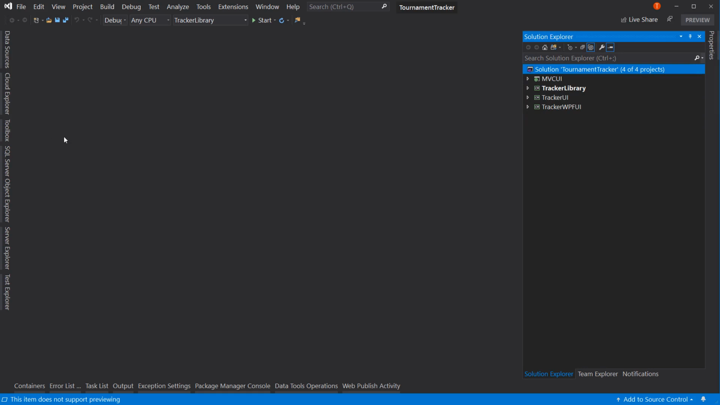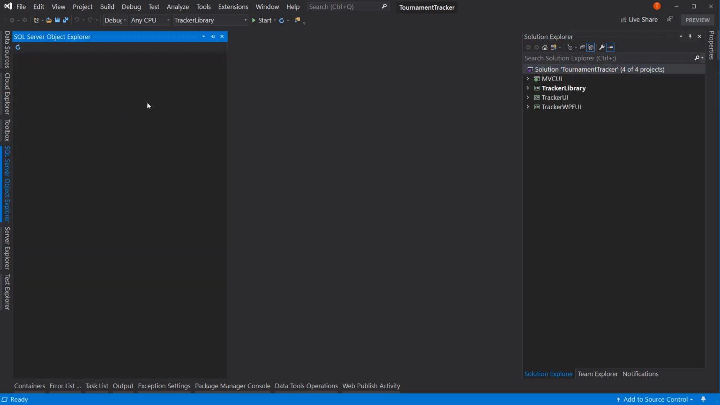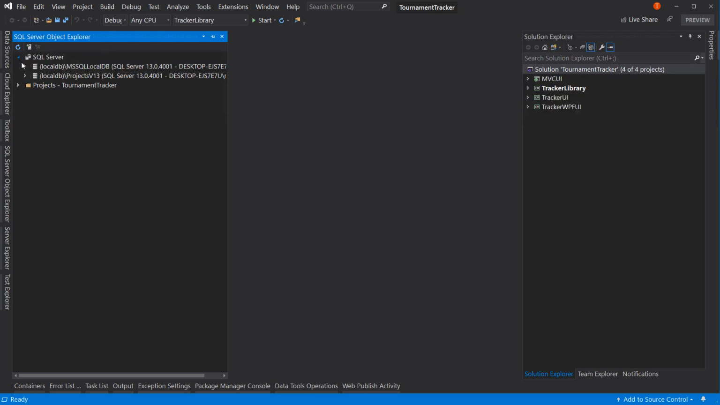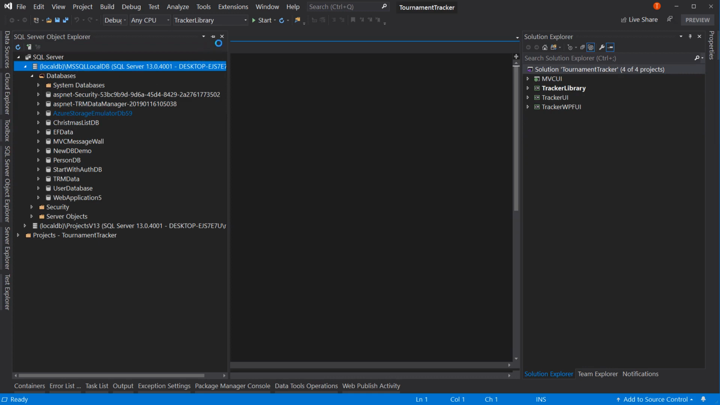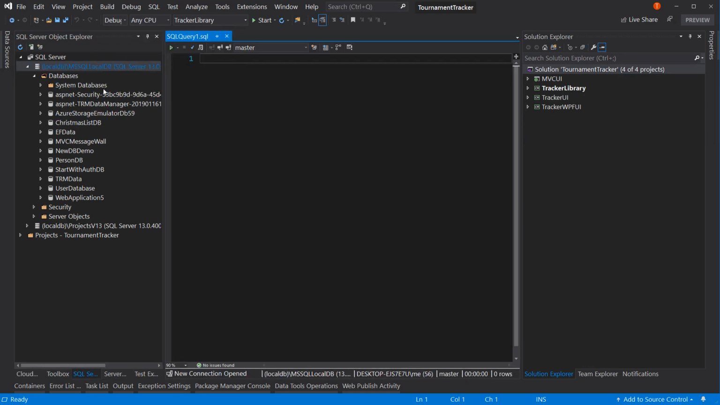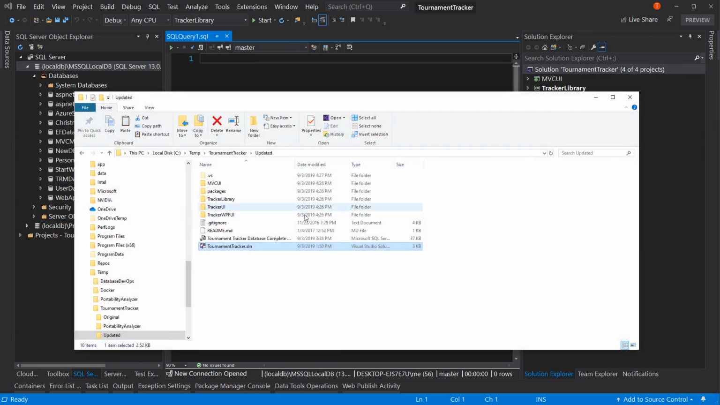The other thing I want to do before we get started is, in SQL Server Object Explorer, I do want to add my local database. So let's create a new query window here on my local database. LocalDB is file-based databases on your computer that allow you to quickly create a little SQL database. In this case, Tournament Tracker has this